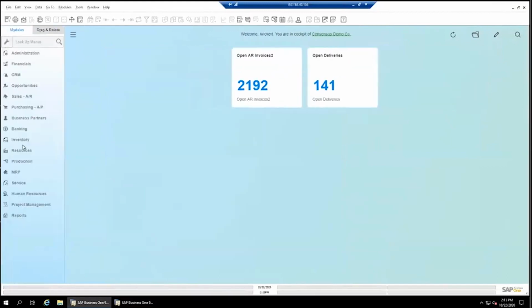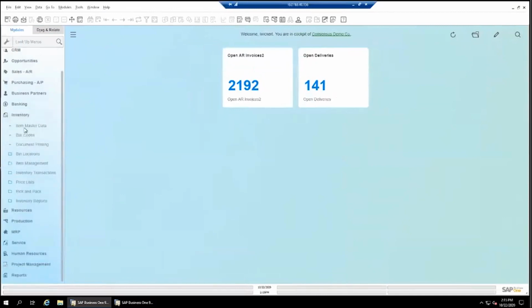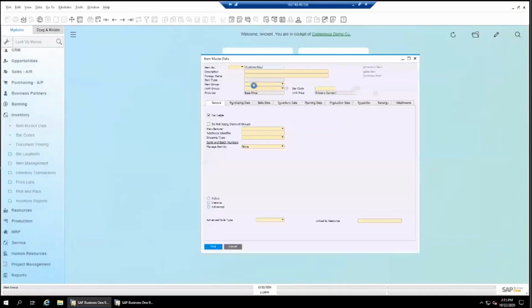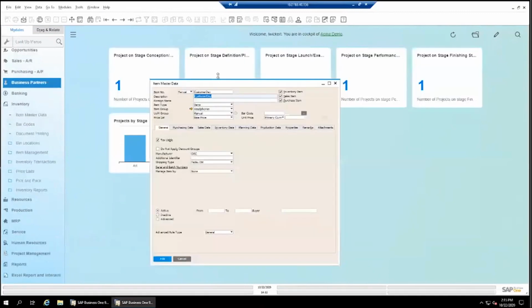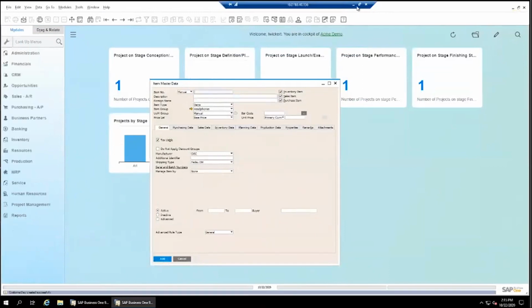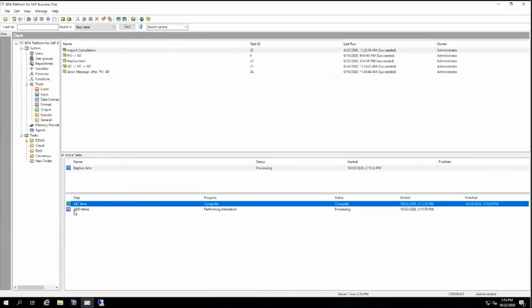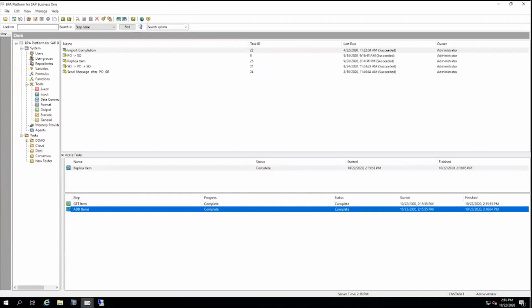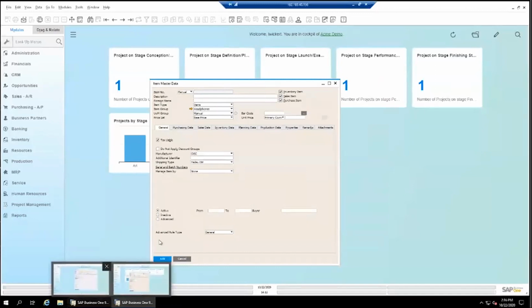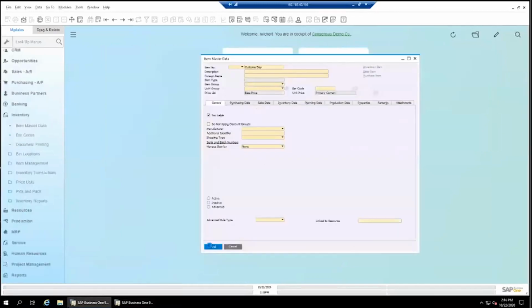Let me call it customer day, and I'll place the same here. Let me go to the other company here under item master data. Make sure it doesn't exist. No, it doesn't. So I'll add this item. So I have a process here. See, it starts to run as soon as I add the item. Okay, and it's still running. It's doing the process to add the item on the other company. It shows it as finished. So now if I go to my other company, the consensus demo, and find